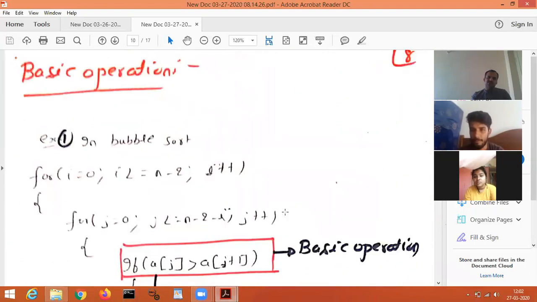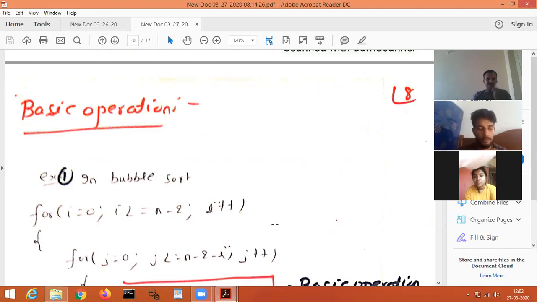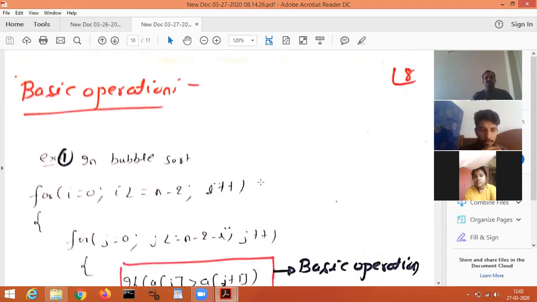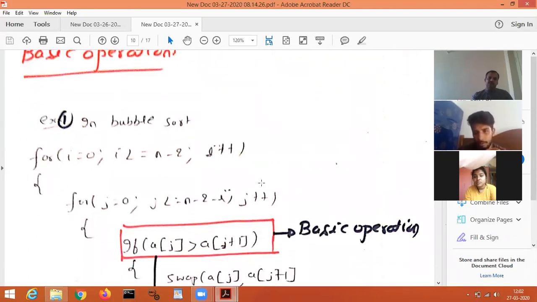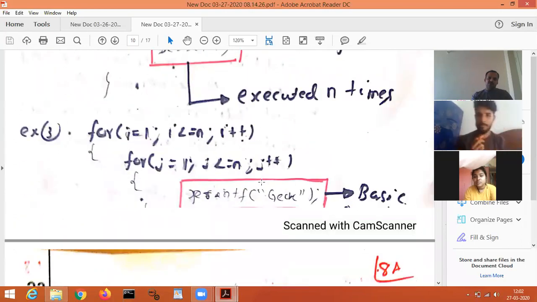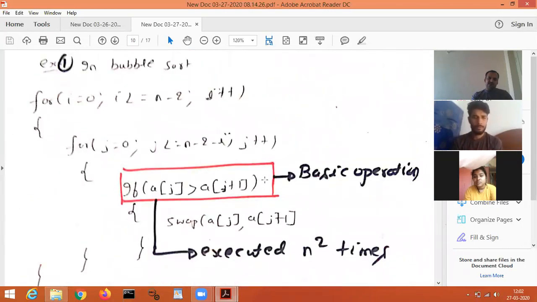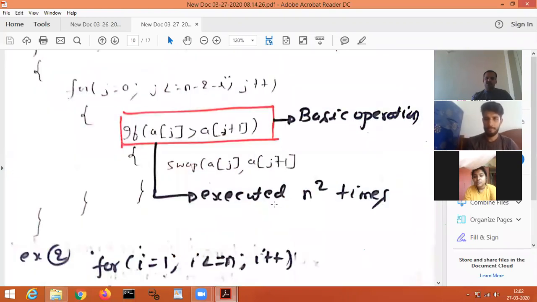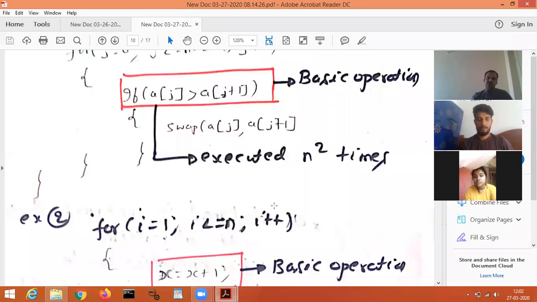The reason I am using this basic operation is that in this subject, we are going to mentally execute an algorithm. Mathematically, we are going to find out the time efficiency. That means whether you say it in India or throughout the world, I can say that this statement will be executed n square times, irrespective of the computer. I'm not worrying about the computer here. I'm worrying only about the algorithm.